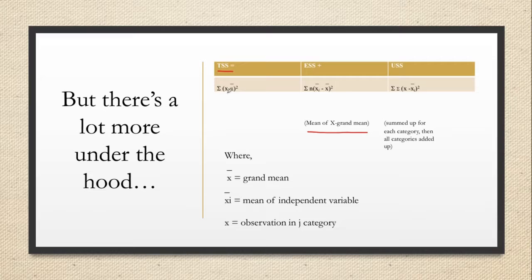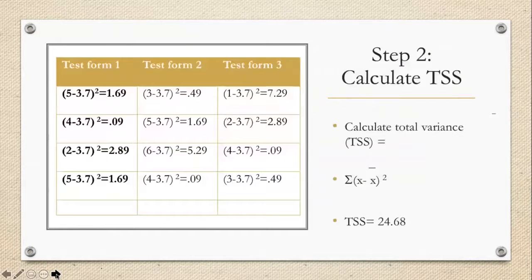Okay, so for the total sum of squares, you're going to get the observation in that category, and you're going to subtract it from that grand mean, right? So let's go forward here a second. So observation, so your first observation in that data set was a 5, the second one was a 4, a 2, and a 5. So this first number here is each observation, so each score associated with each test form. So each score associated with the test form, and you're going to subtract it from the grand mean and square that number,